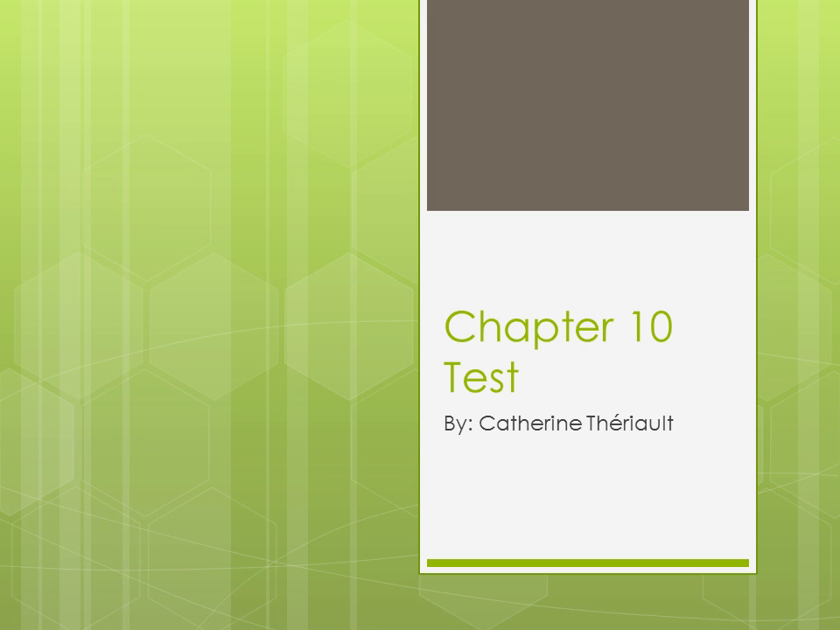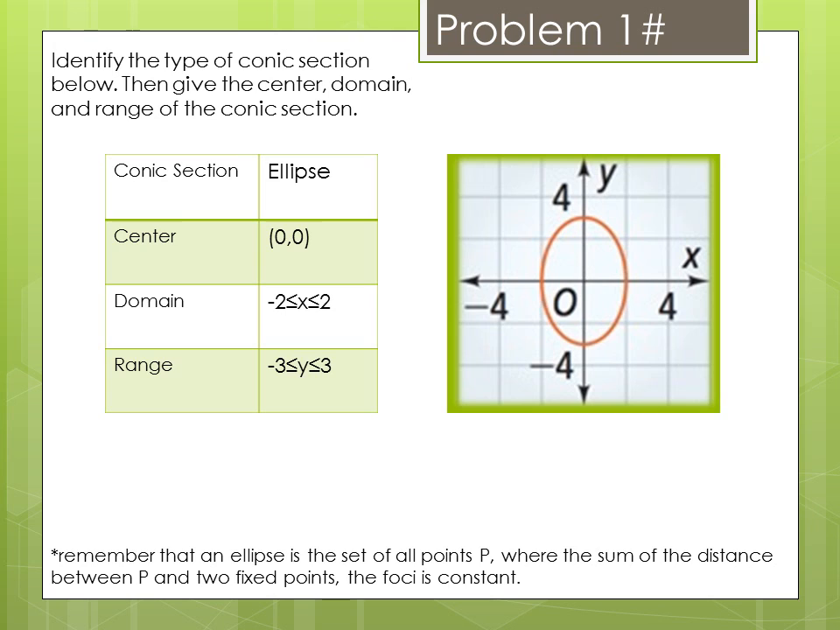So this is the chapter 10 test, and I hope it helps you understand the problems better. For this problem, we have to identify the type of conic section, and then we have to give the center, the domain, and the range. By looking at this conic section's shape, we can tell it's an ellipse whose center is at the origin, so